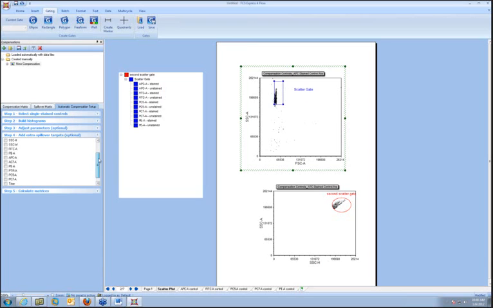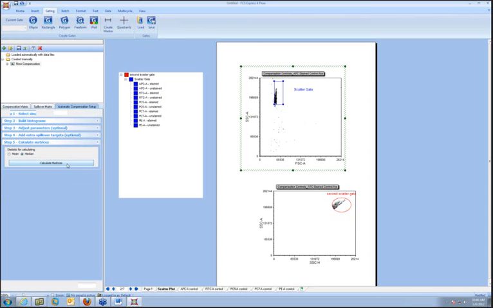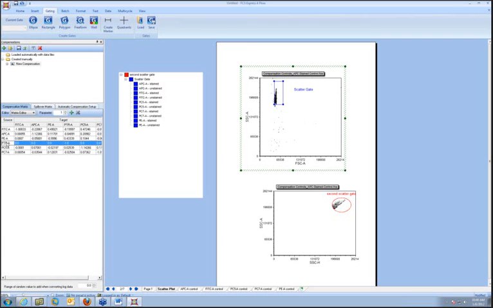I can tick this off, and what FCS Express will do is calculate the spillover into the PTR channel even though there was no fluorochrome in the PTR channel. And what will happen when you do that, when I recalculate the matrices, is you can see that there's a PTR channel with all zeros on the source axis because there is no PTR over here. So PTR is not spilling into any channels,